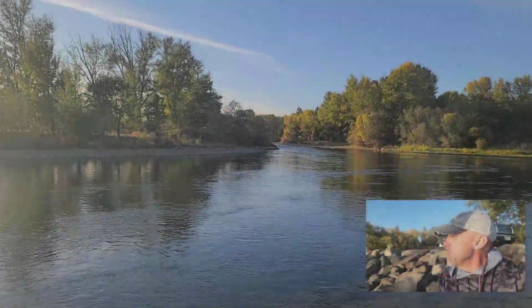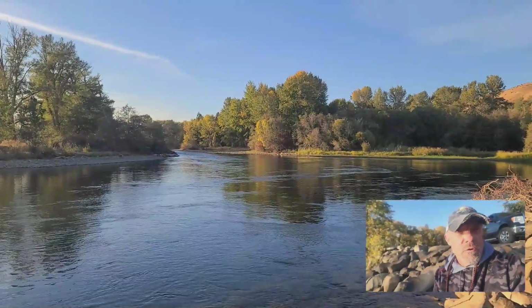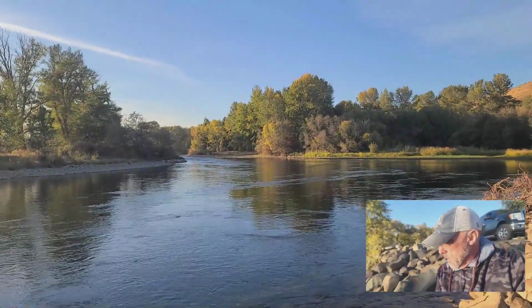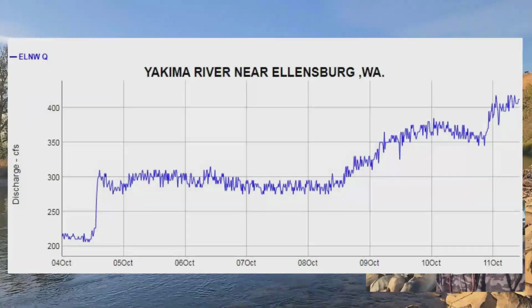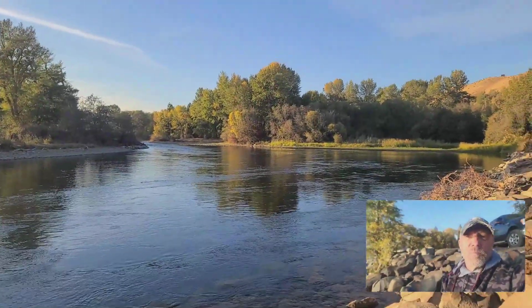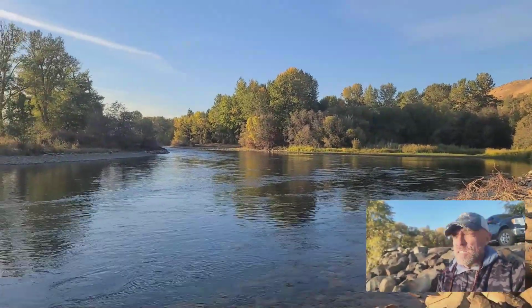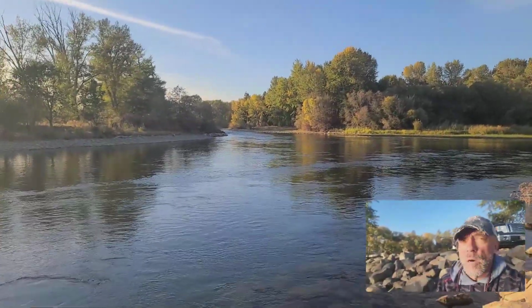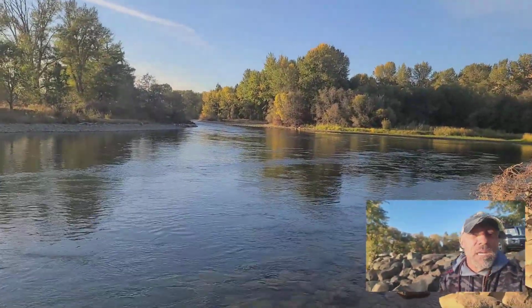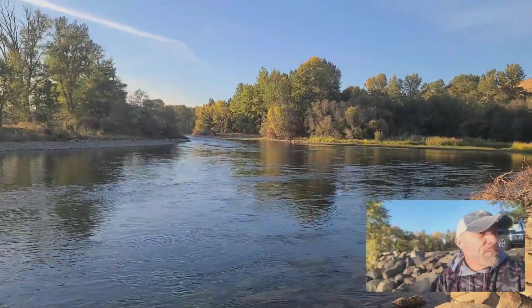So the river continues to operate very, very low. Still drift boatable. People with rafts are floating. Of course, the rafts are not near as comfortable, not as forgiving. I guess they figure you can bounce off rocks a little easier than in a hard boat. But as long as you keep your speed off your boat,